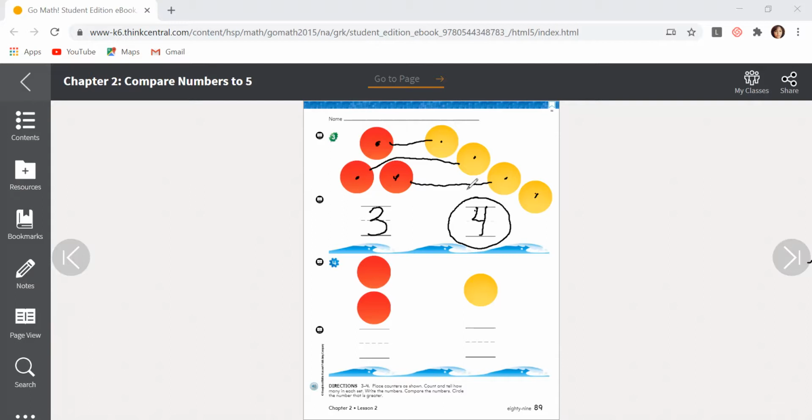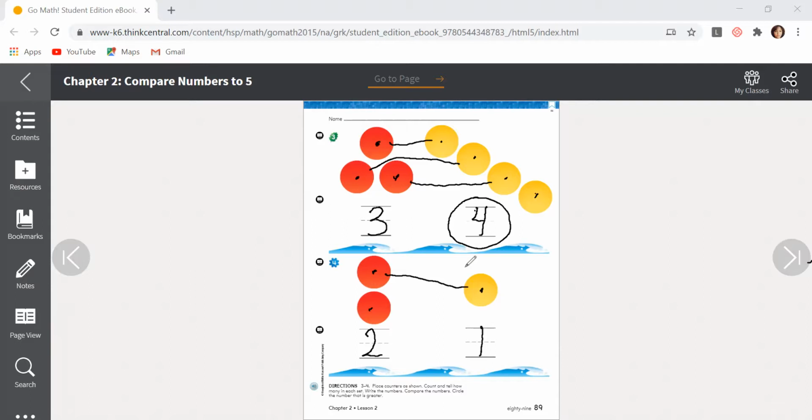Now it's the same thing with the bottom part. So I'm gonna count first, 1, 2. I'm gonna write my number, and then I'm gonna count my yellow, 1, and I'm gonna pair them. I'll match a red with a yellow. I pair them up. So I'm gonna ask Desmond,